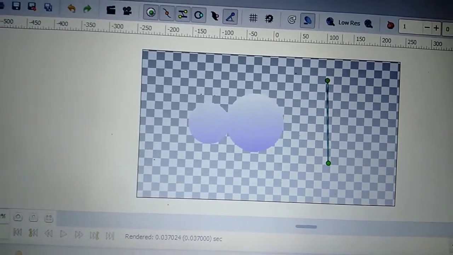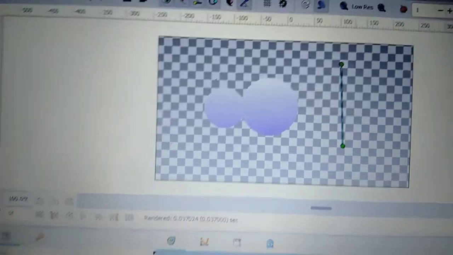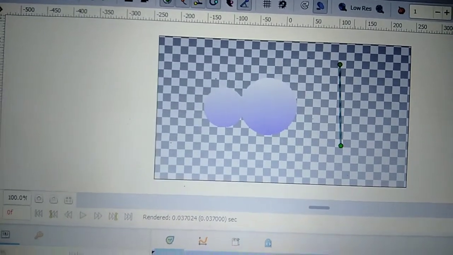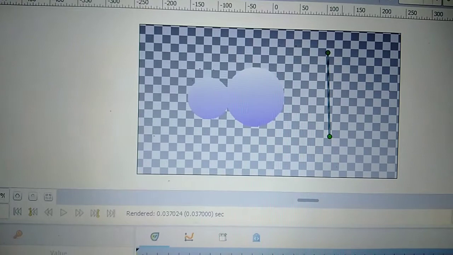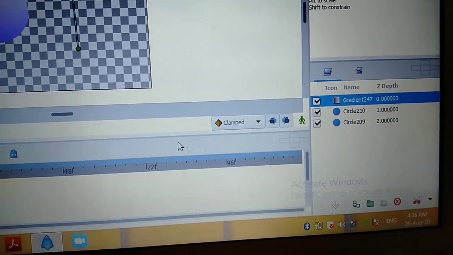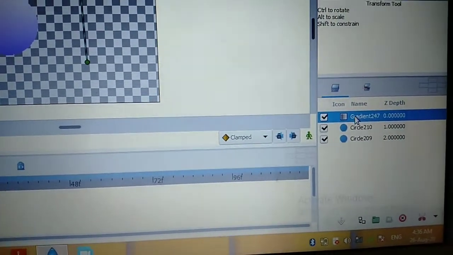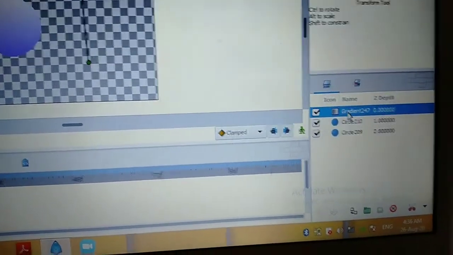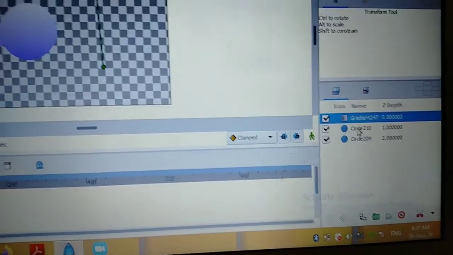Now I want the gradient effect only in one circle. મને હવે gradient effect જોઈએ ખાલી એક જ circleમાં. I want the gradient effect only in one circle. એક જ circleમાં gradient effect જોઈએ, આમાં નથી જોઈતી, આમાં જોઈએ. તો શું કરવાનું? Select the gradient layer in your layers panel, and with the help of control